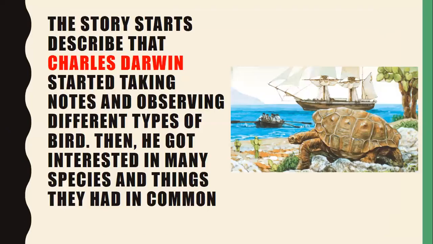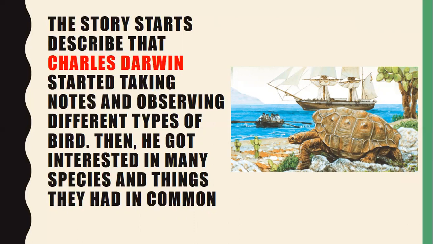So over here, we're going to start the story with Charles Darwin, okay? Charles Darwin was a person who was traveling around the world. And when he traveled around the world, he started observing differences in many animals, for example, in birds. He mentioned that some birds in some parts of the world have different characteristics that they didn't have in other parts of the world. Or some kinds of birds have some characteristics that others didn't have.